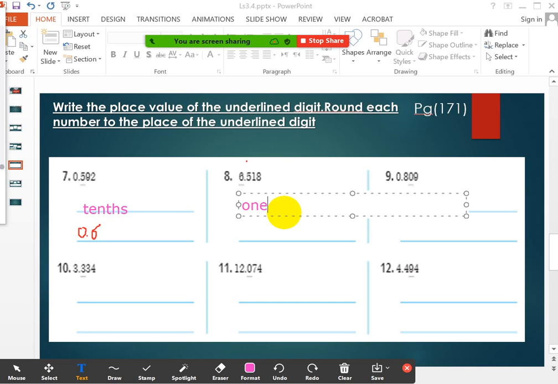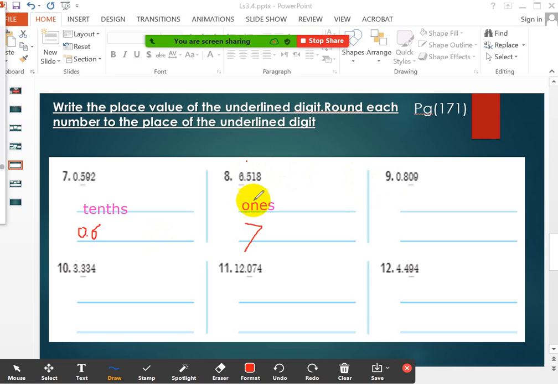Ones. Excellent, Arya. This is the ones digit. And if I want to round it to the nearest ones, the number becomes what? 7. Excellent, Arya. It will be 7. Thank you so much. Because before the ones I have